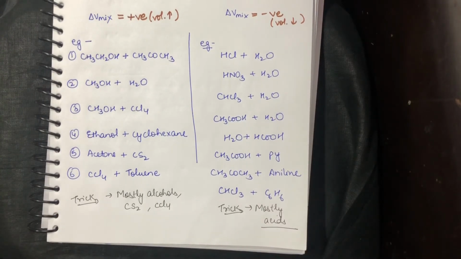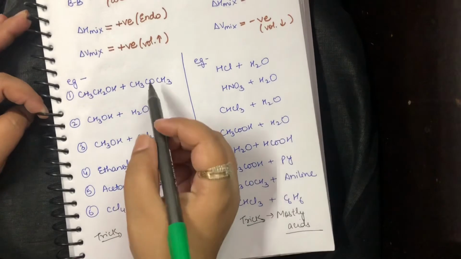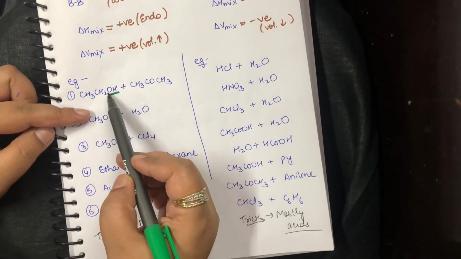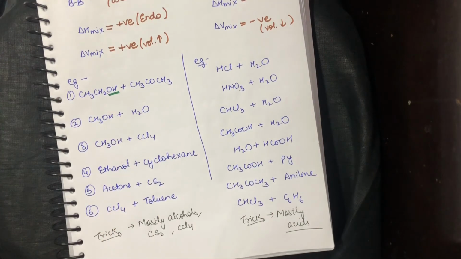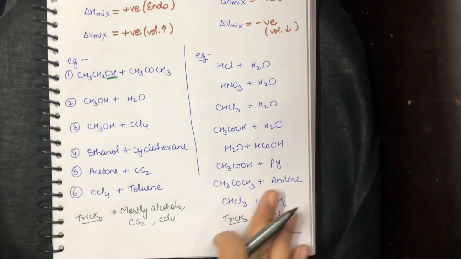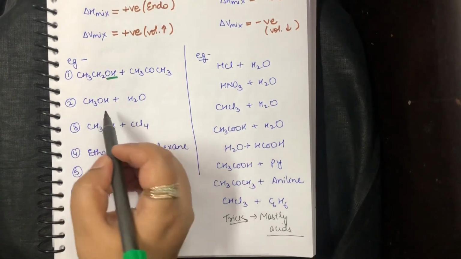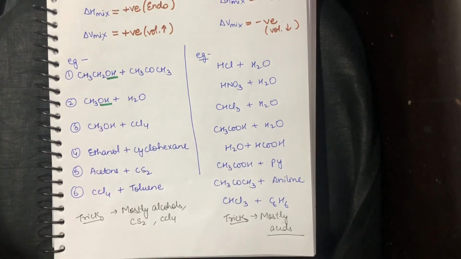Right? So what you have to learn is that if a pair of mixtures is given to you, and the question is asking which one is going to be ideal, which is going to be non-ideal, and out of non-ideal whether it is positive or negative, you have to remember that, for example, this one has an OH group, which is your alcohol. So you can say that it is in the positive deviation group. This is just a trick to learn, because there are a lot of things that you already have to learn for your chemistry exam. Similarly, in the next example, again there is an alcohol group.